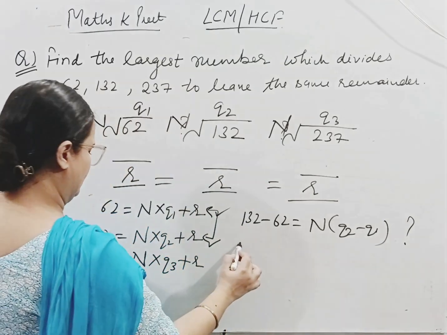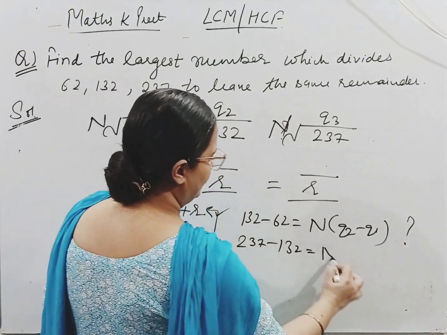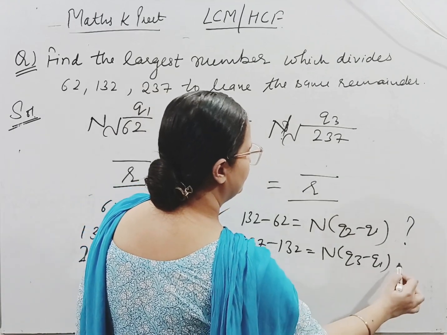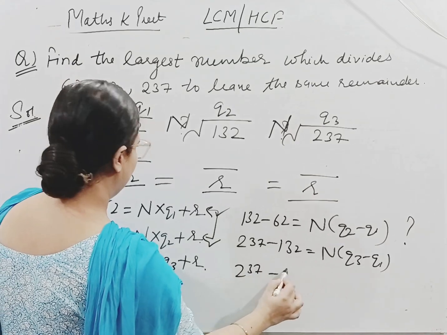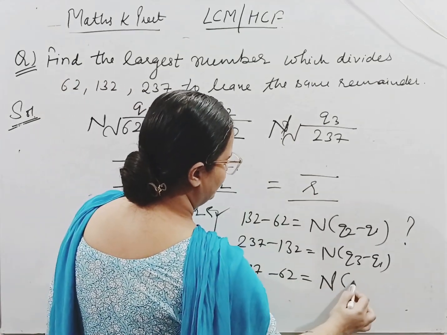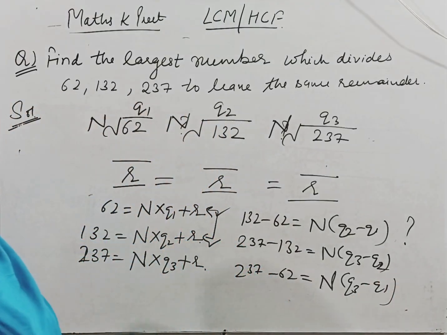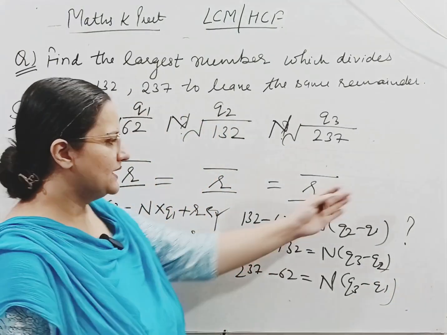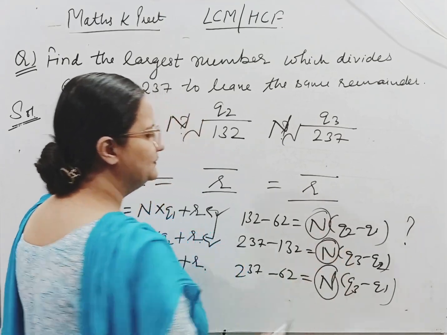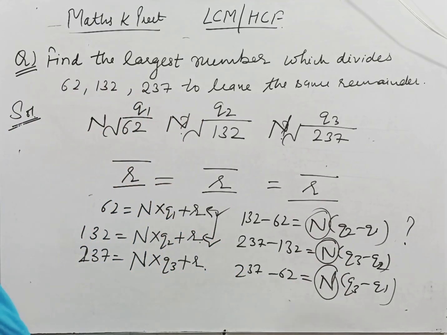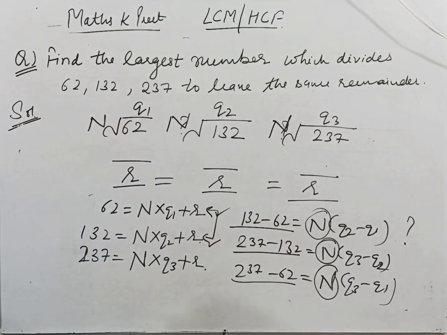Fine. And 237, from this equation I am subtracting this equation, I am getting (q3 minus q1) with the remainder 0. From here I can subtract 237 minus 62. I'll get this number q3 minus q1. This was my q2. So when I will subtract these equations, I am getting remainder 0 and some divisor which is common in all the cases. So here I have to choose these numbers to find the HCF for. This was the logic